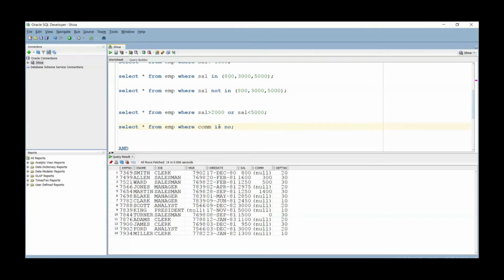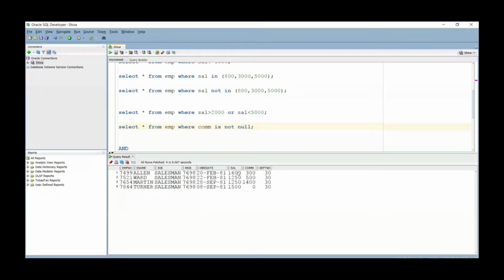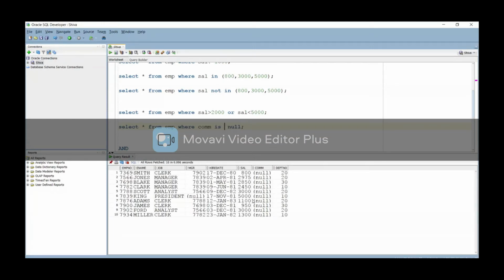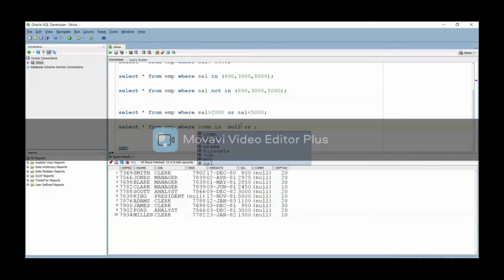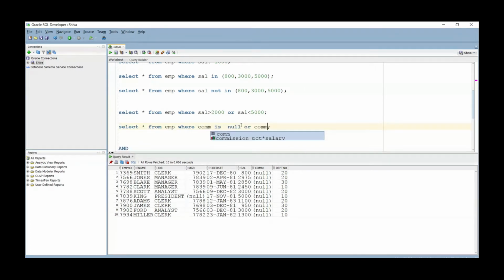So where commission is not null, you will get all the commissions we have. Where commission is null, you will get all the null values. And then you check for commission not equal to 300.